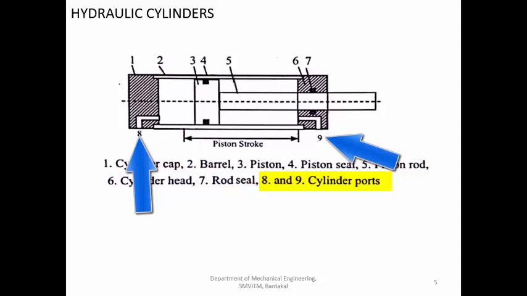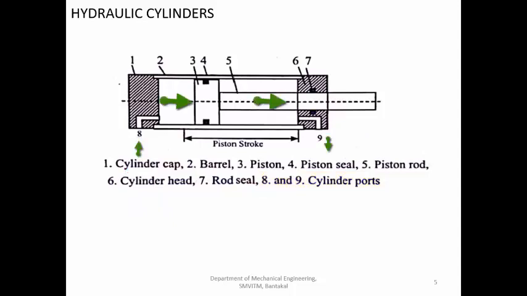So you can supply high pressure fluid through port 8, then it is moving forward and it is able to generate the force. If you are supplying the fluid at 9, then the piston is moving backwards, so it can pull the component with a lot of force. So whatever oil is there on the other side, it is going back to the direction control valve, and from there it is going into the reservoir or the tank.